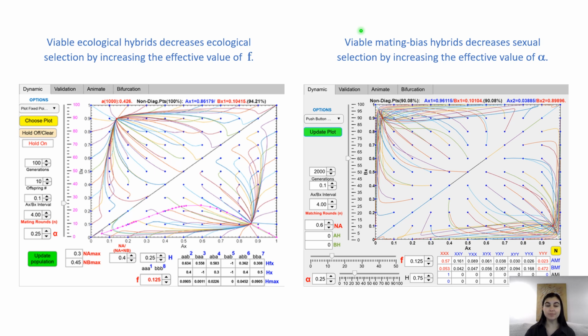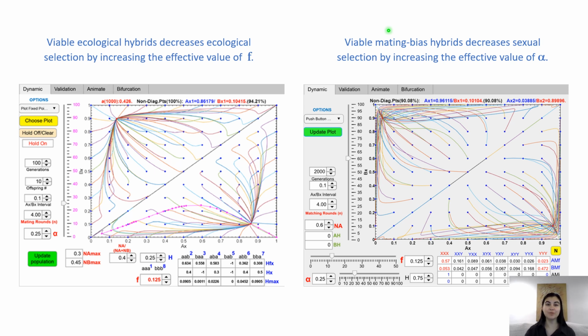With ecological hybrids, the net result is to increase the value of F as hybrids continue to mate with each other and produce more parental genotypes. By increasing the value of F, the strength of ecological selection decreases and inhibits the convergence of the system,